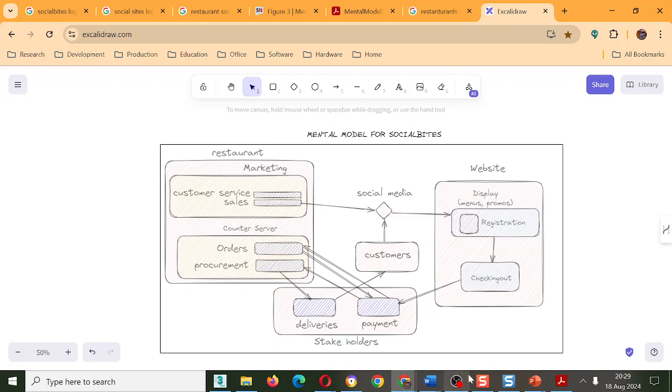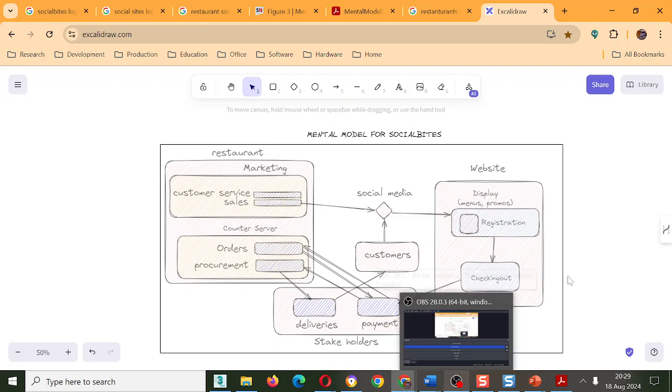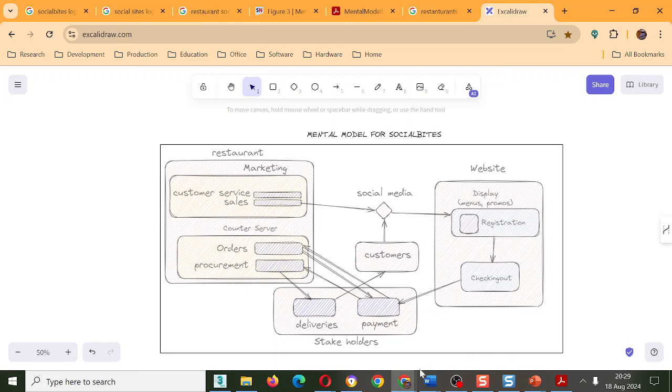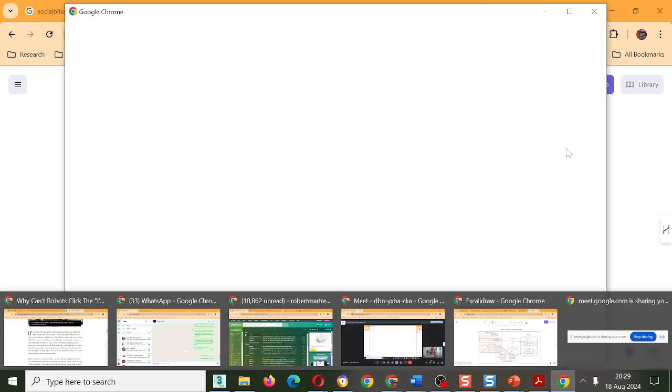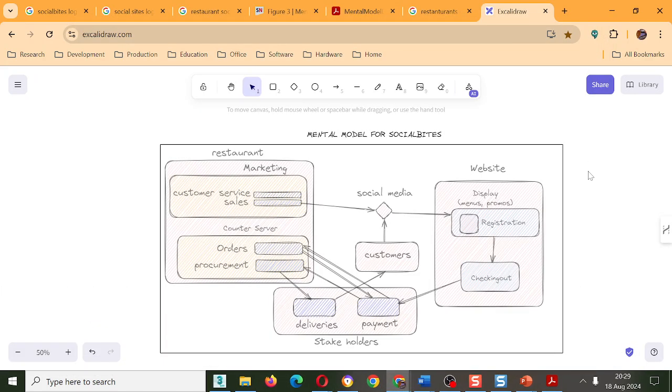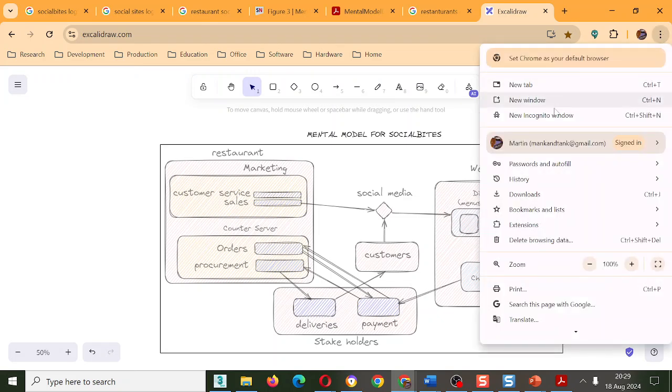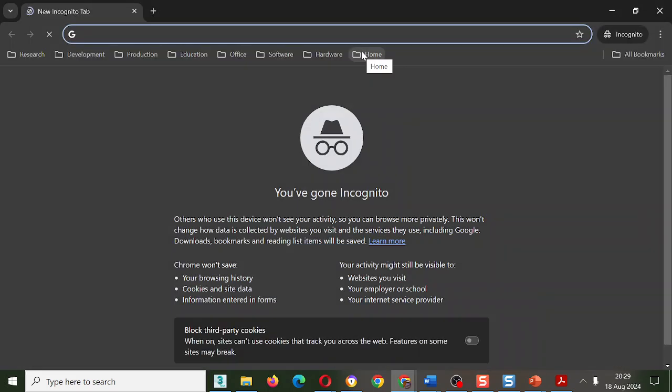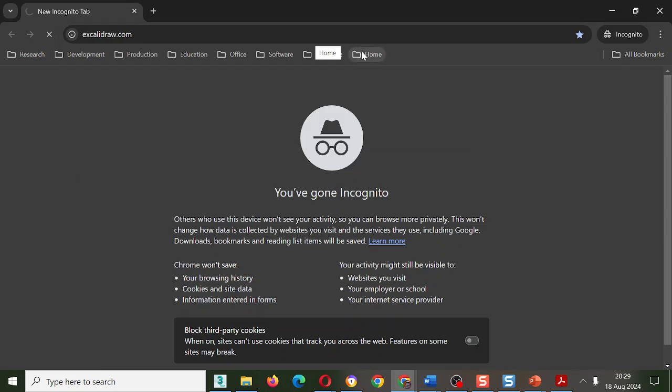Now, let's just quickly look at the other thing which you're doing. Let me just open this. I'll open another window. This one.